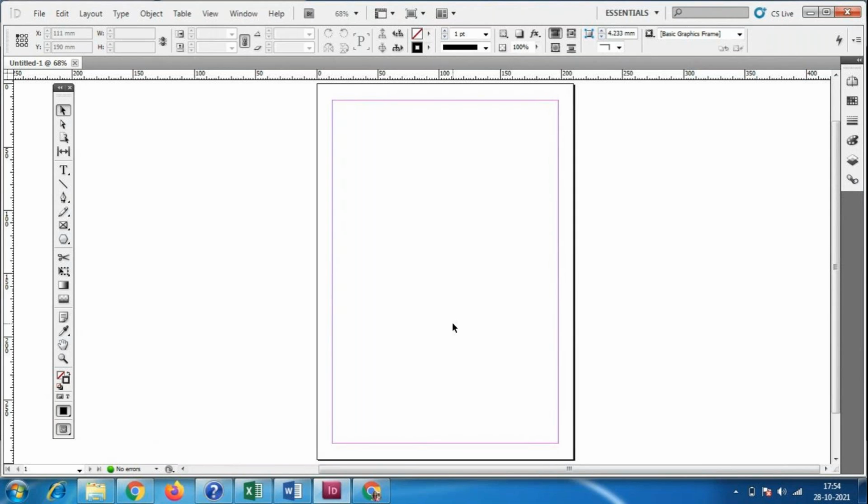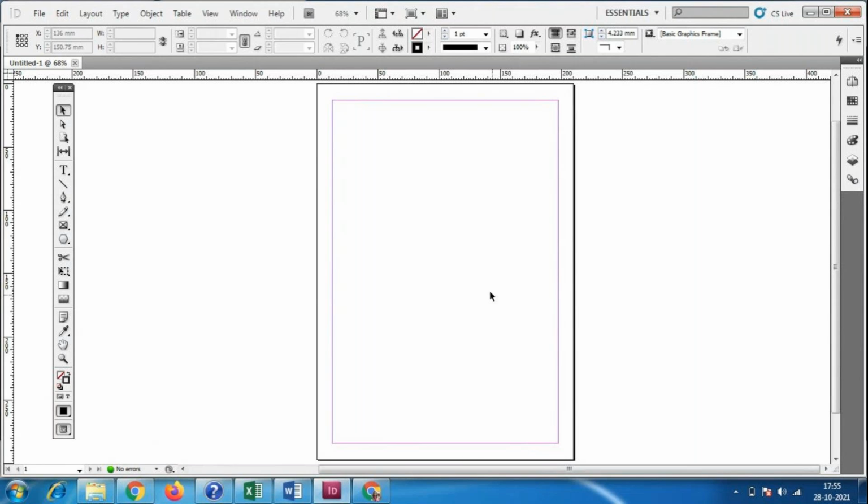So this is basically from Adobe. Okay, Adobe InDesign, Adobe Illustrator, Adobe Photoshop. So you people have come from Adobe Photoshop. Now we are learning something related to printing. This is a printing software, whatever designs we make here, we are going to take a printout. So this is the publishing software. Publishing in the sense we are going to take a printout. So we are going to publish whatever designs we make here.